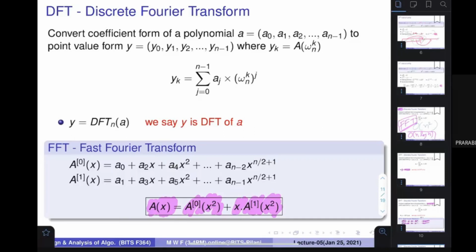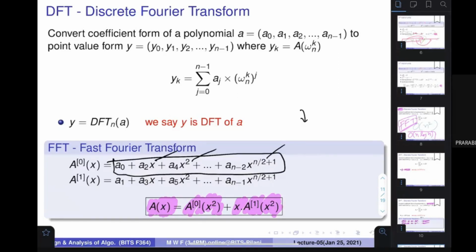Somebody is asking how it is the same subproblem. The point is that the smaller expressions I have written are also polynomials. You can see that x is there, x squared is there, x to the power n minus 2, so consecutive terms are there. So they are similar. Make sense, Nilesh? They are similar because everywhere it is x and x squared. Earlier also it was x squared, x cubed, and here also it is like that.